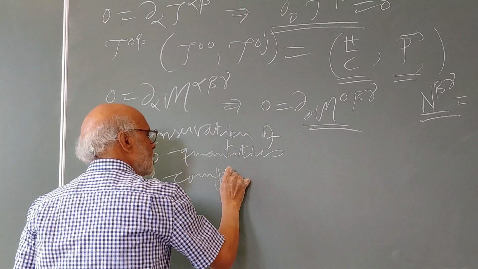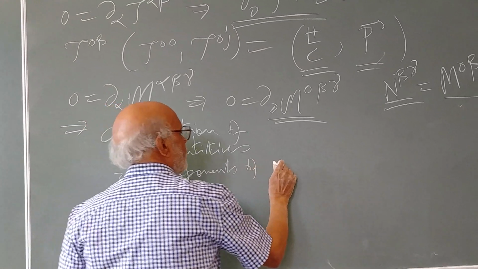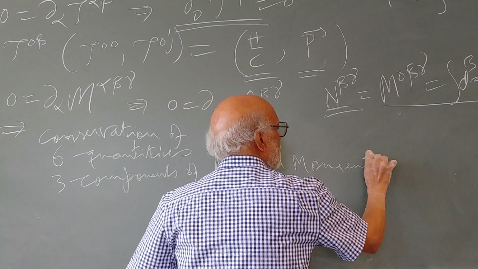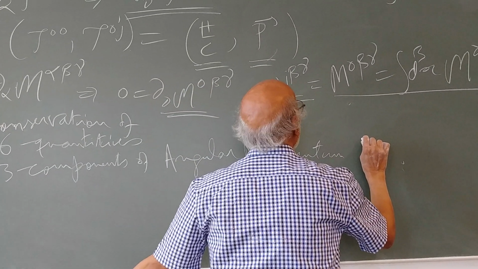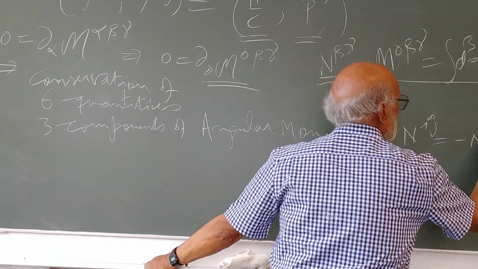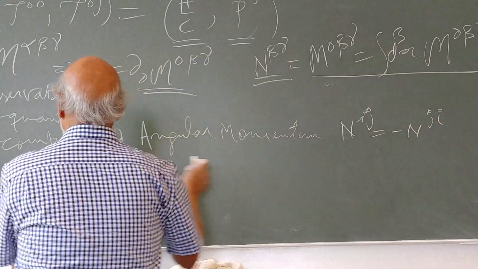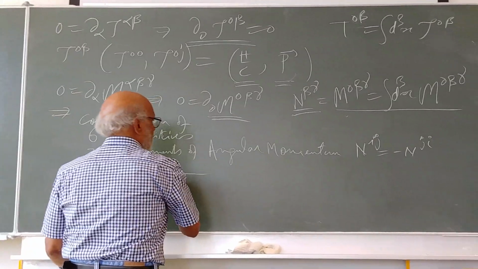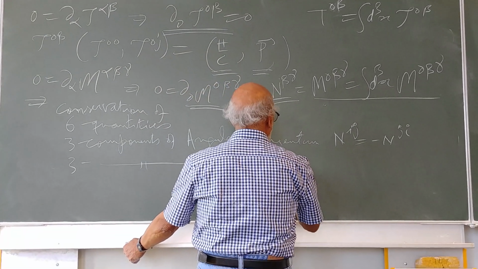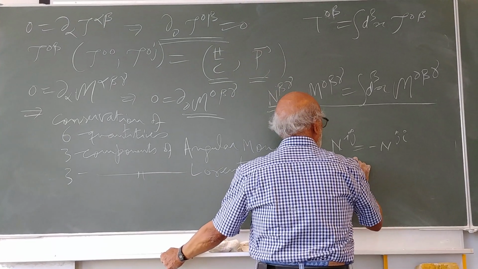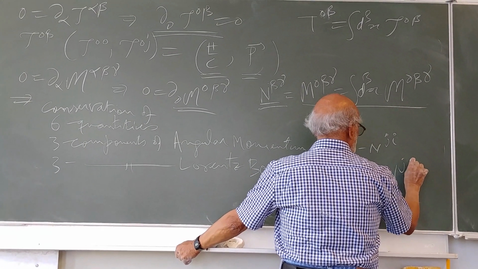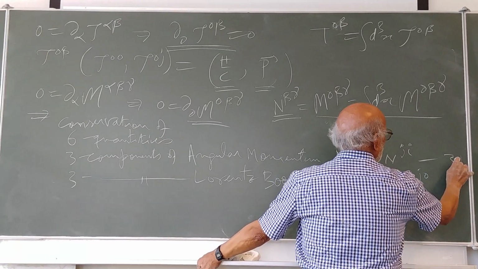Three components of angular momentum Nij, and this is antisymmetric, so minus Nji, and three components of Lorentz boost operators, they would be N0 J equal to. So three components, 3 and